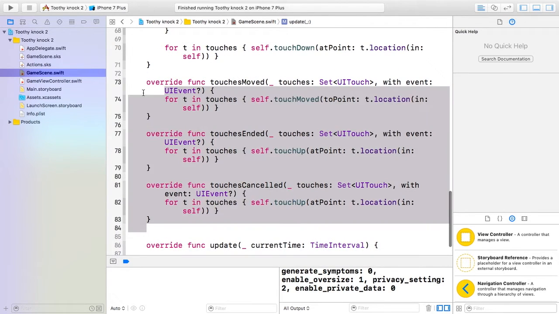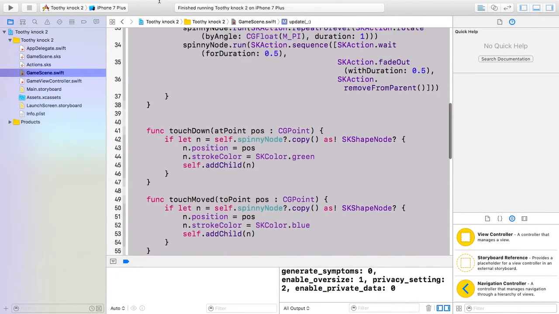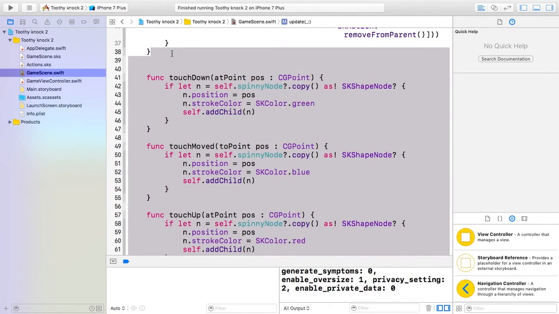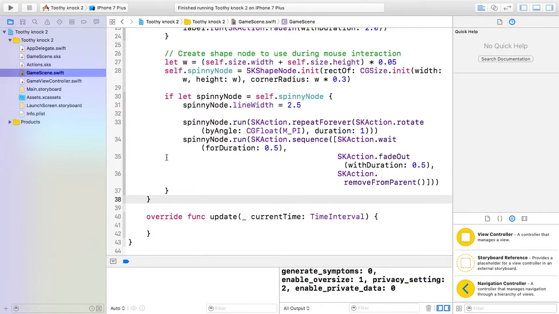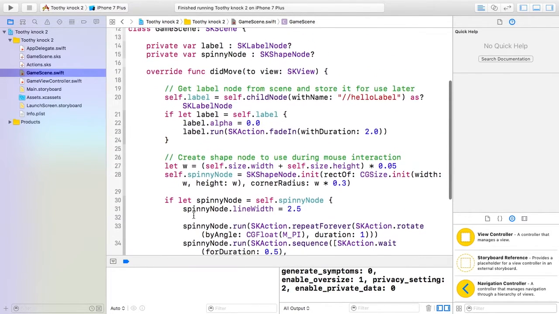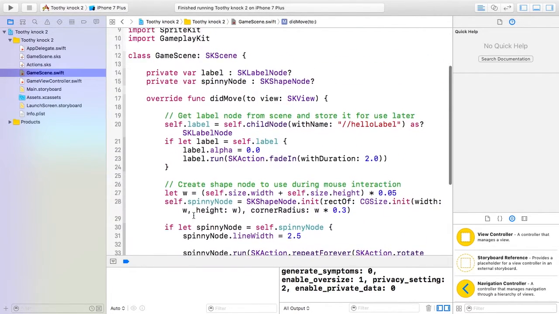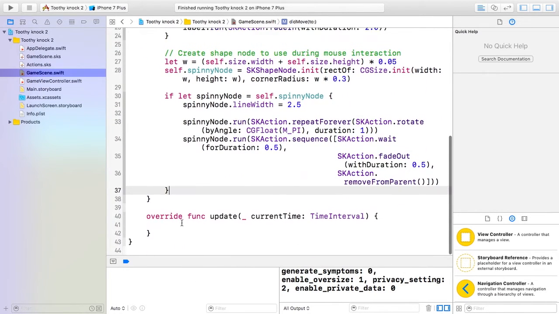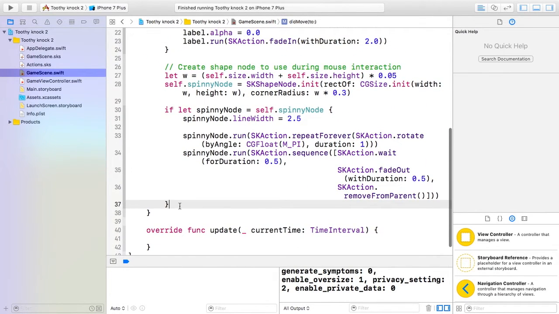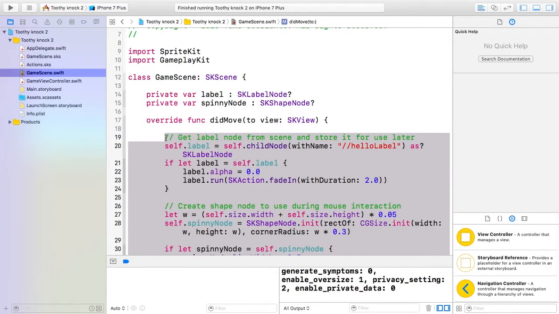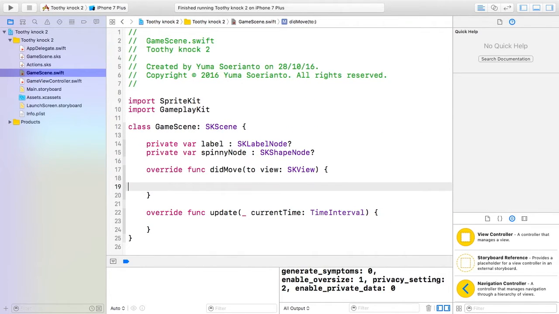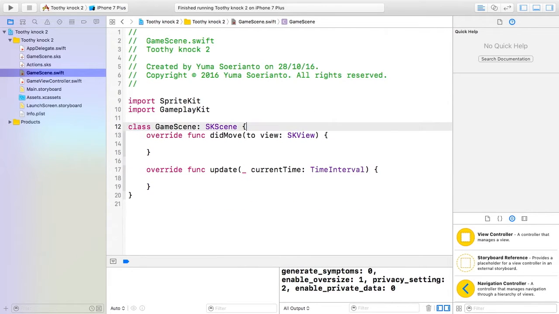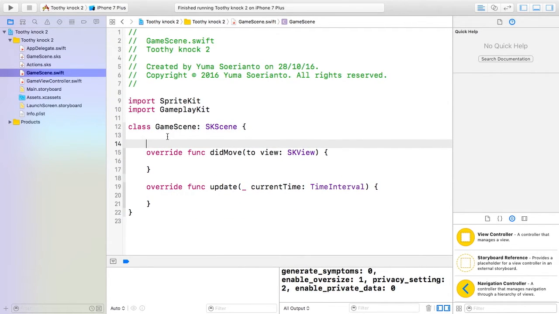Let's get rid of all this stuff. You can get rid of all that touchdown stuff. But don't delete the did move or the update function, because you're gonna need them. So I'm just gonna get rid of this default code, and leave a bit of space for the